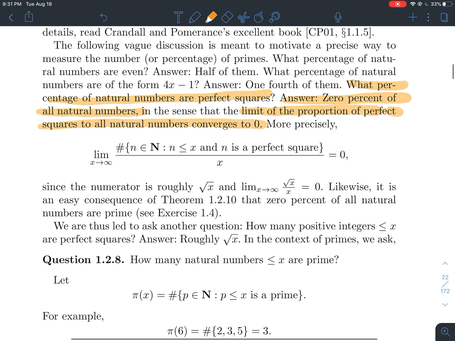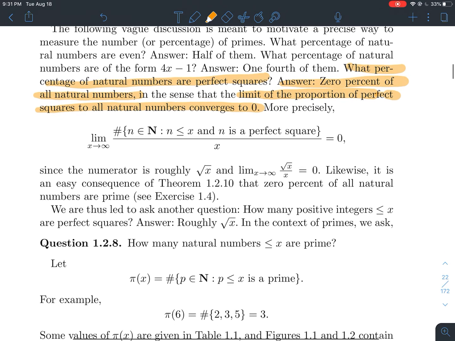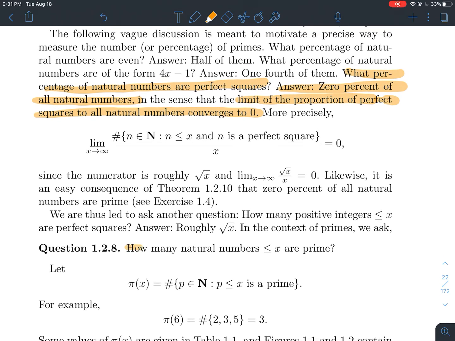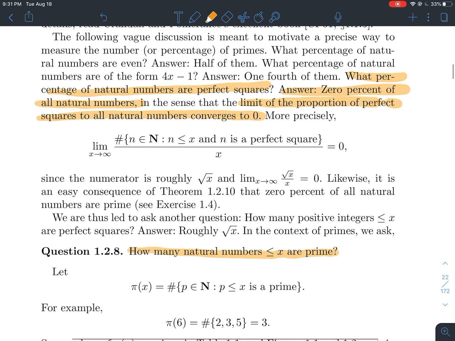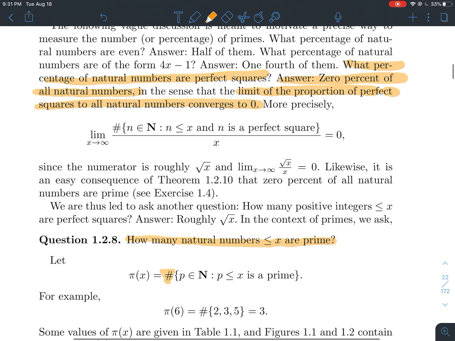Now in the bottom, what are we going to ask about? I'd like to know, well, how many natural numbers less than or equal to x are actually prime? Can I count them? And what we'll do is we'll define this function. This function's name is pi of x. And what pi of x does is it computes the cardinality of the set of all natural numbers such that you're a natural number less than or equal to the input x that's